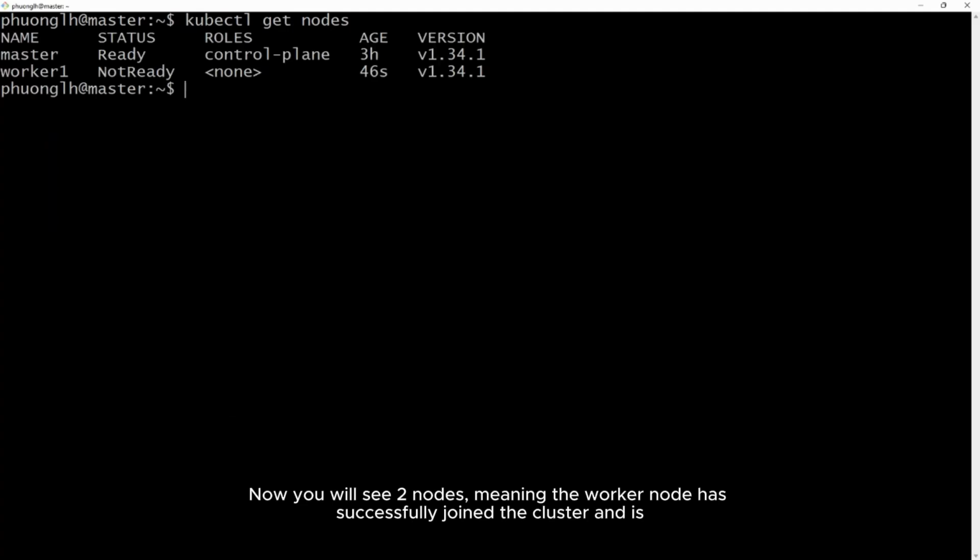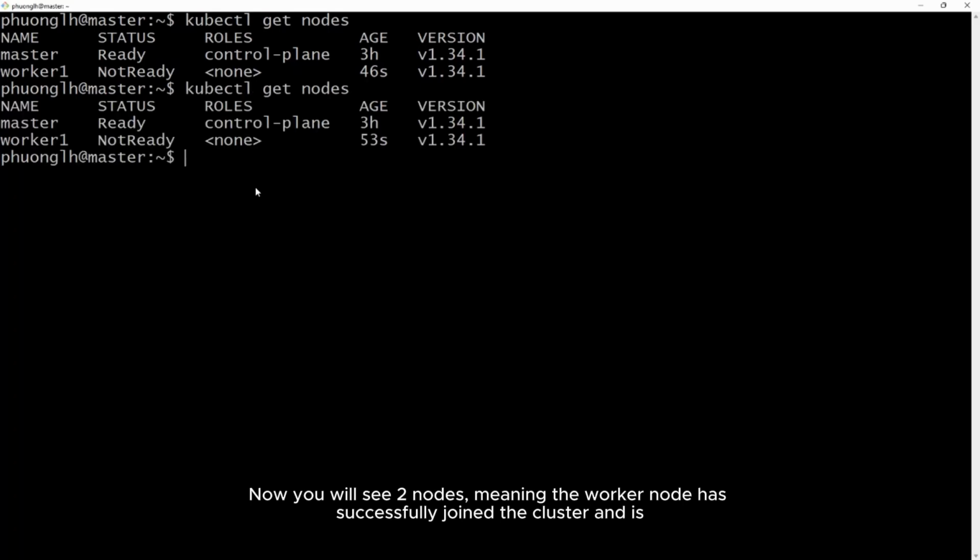Now you will see two nodes, meaning the worker node has successfully joined the cluster and is ready to take workloads. Okay, we can also check detailed information about the worker node.